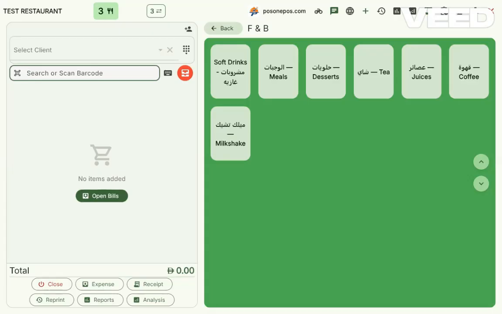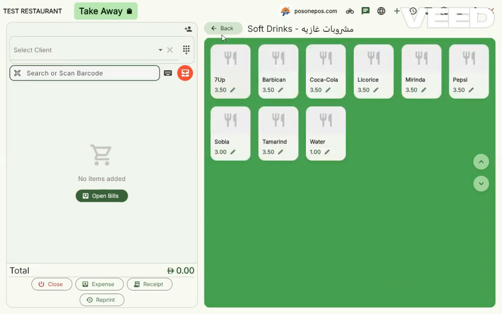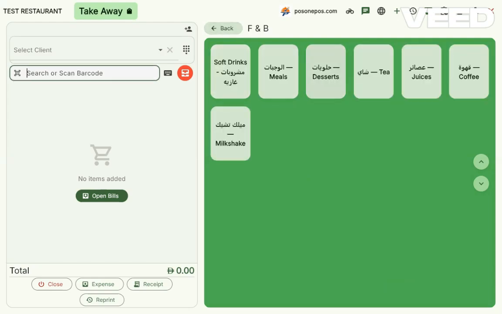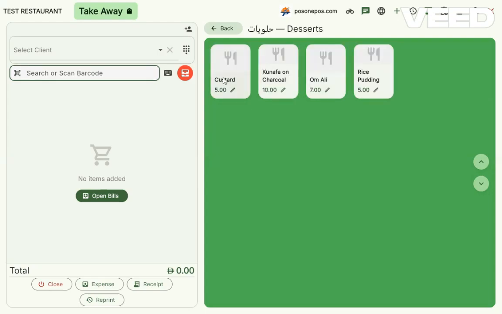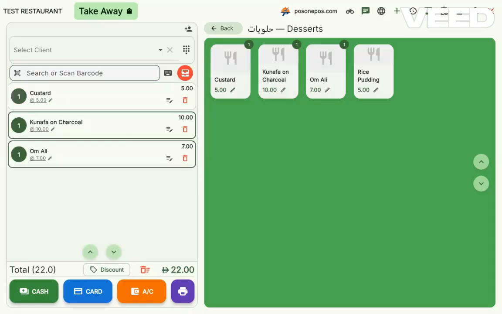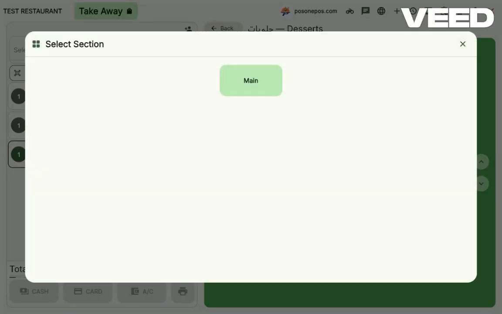Need to customize an order? If an item has modifiers, they will appear automatically. You can also tap any item in the bill to add specific kitchen notes, like no sugar or no salt, then hit confirm. You can adjust item quantities by simply tapping the item in the menu or typing quantity to change it. Once the order is complete, click Print to send the order ticket KOT directly to the kitchen.